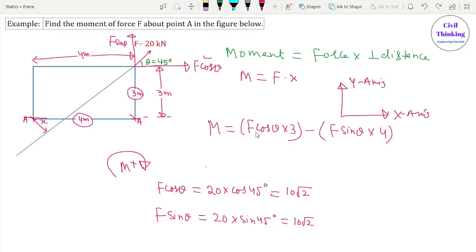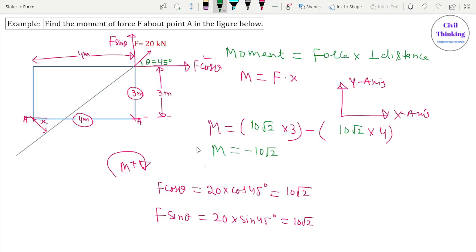Now f cos theta is 10 root 2, and f sine theta is 10 under root of 2, right? Now when you solve this equation using a calculator, let me use a calculator. It is negative 10 root 2. Okay,